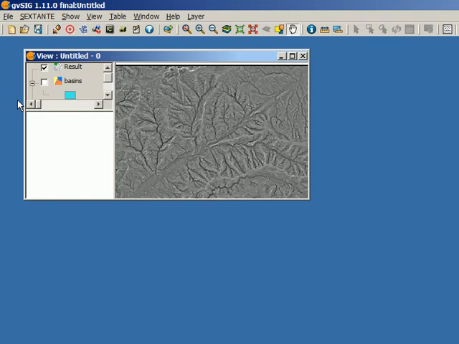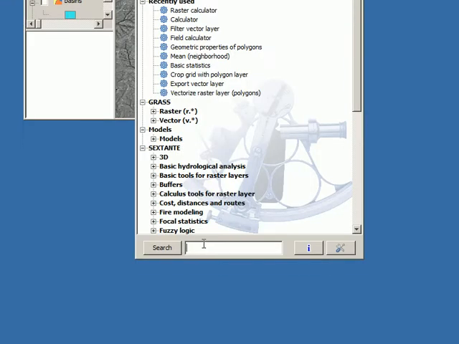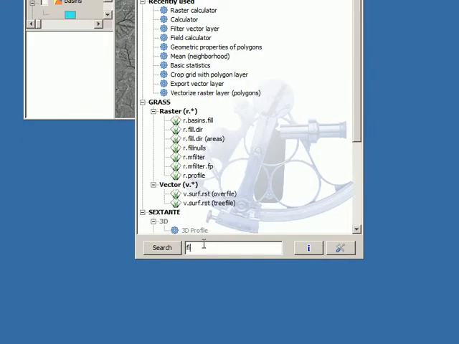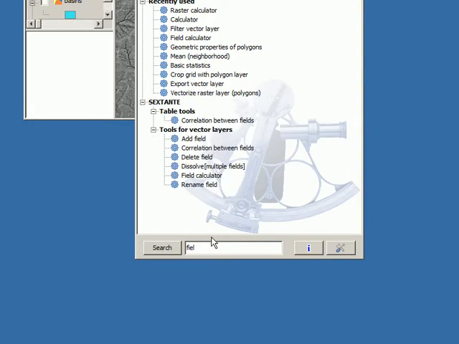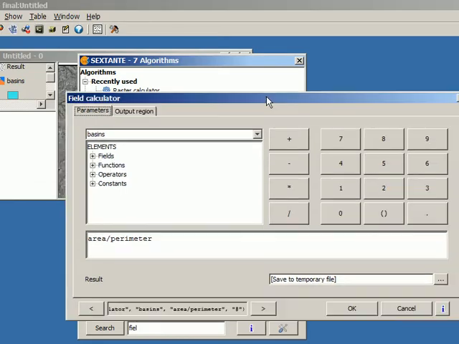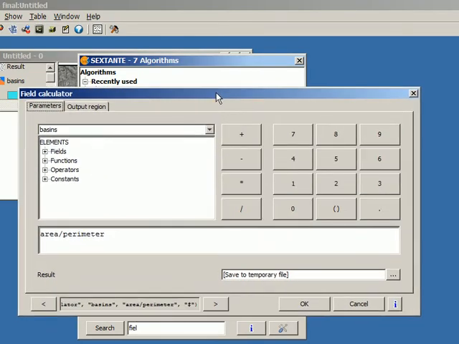Just as we have performed calculations with the values from a raster layer, we can also do the same with values from a vector layer. And we have a corresponding algorithm which is called field calculator. Here it is, the field calculator. If you double click on it, you will see that the interface is pretty similar to the one of the